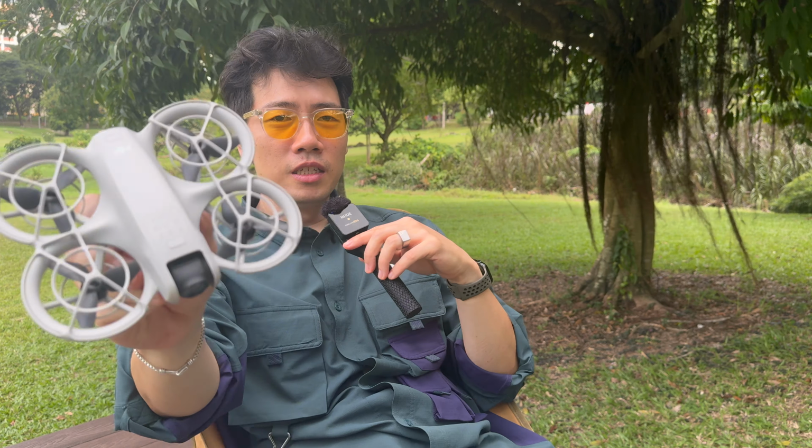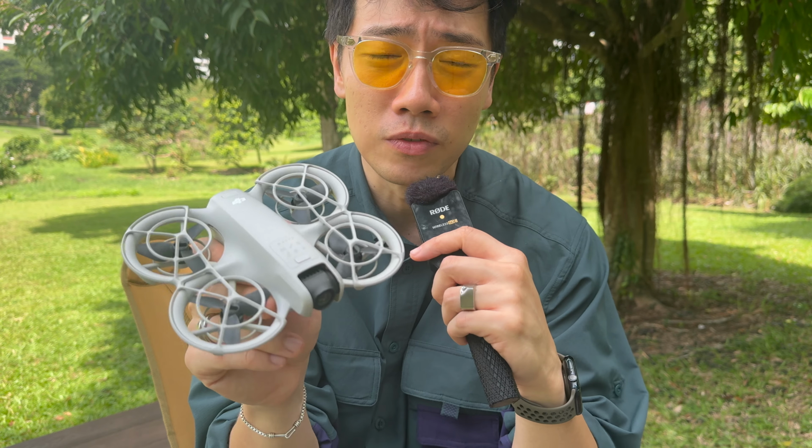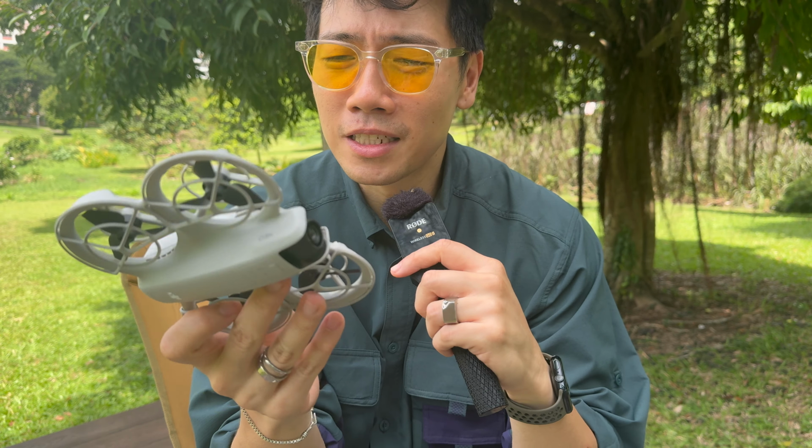Then yes, you get this. If you are a beginner and you just want to get a drone like this to fly around, do vlog style shots or cinematic shots, then yes. But don't get this if you intend to get into FPV, because I feel that this is just a way